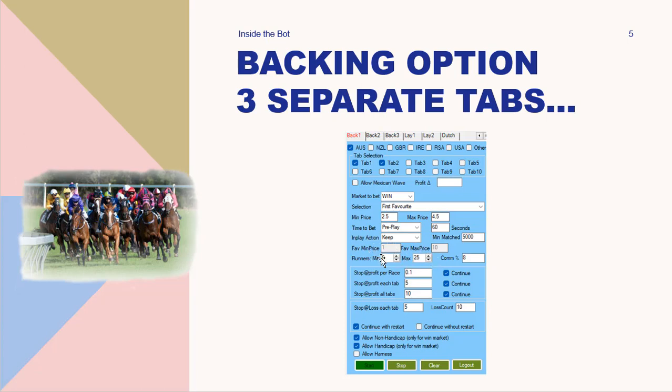You can put in the amount of runners that you want and the commission rate, and also you can pick the countries here. Now the back bets here are on autopilot, so once you set the parameters and hit the start button, the bot will bet to these settings, and we have our staking settings here, and we have nearly an hour